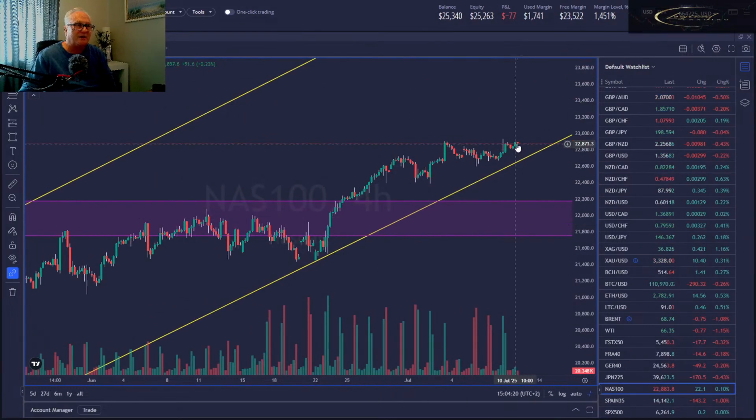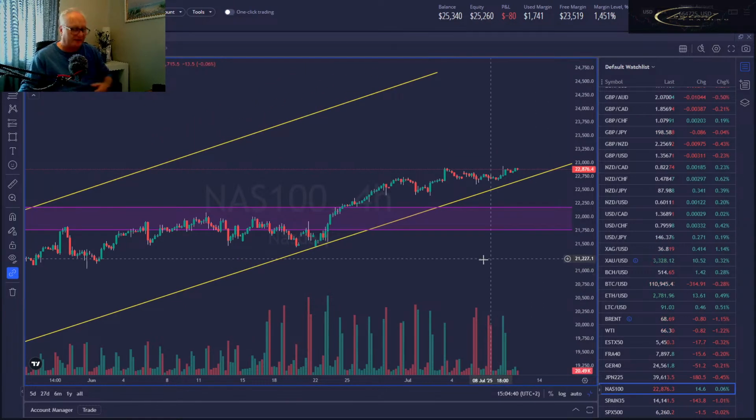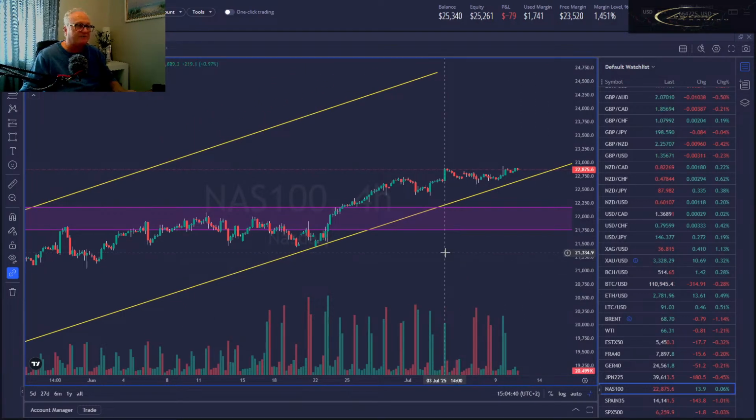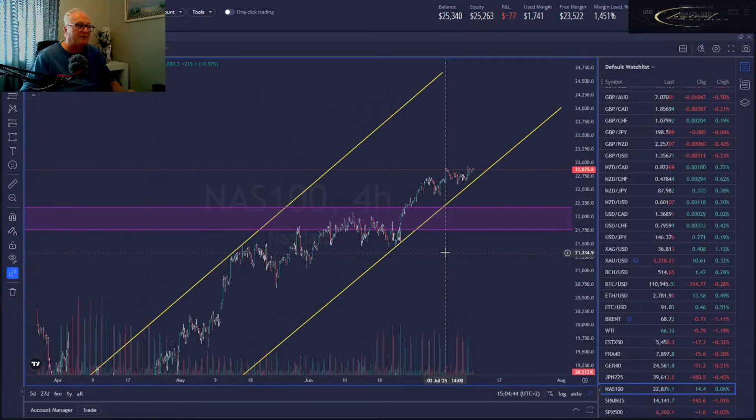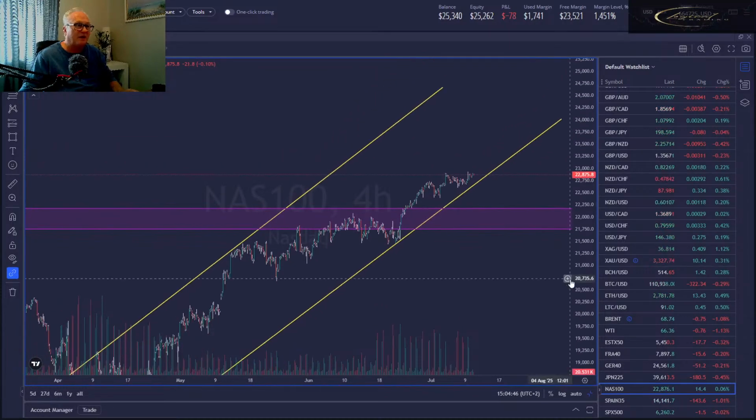What you're looking at here is to determine whether it's going to stay above this level in the bullish trend and keep on going up, or whether it's going to break through here and come back and retest. It's broken through a major level and it's on the up and it's in a very, very bullish trend. So I would say I would only buy. I won't do any selling here. Only buying, and I'd